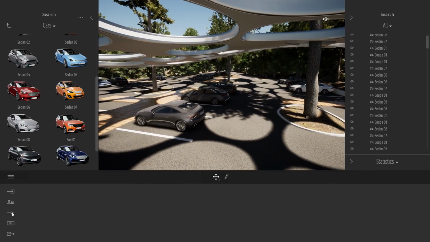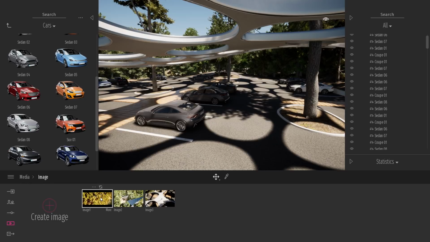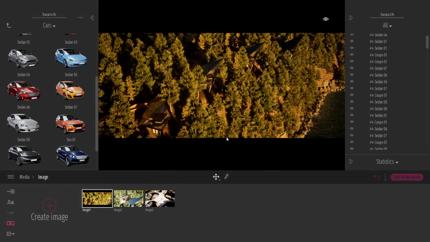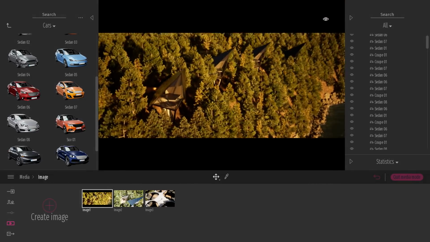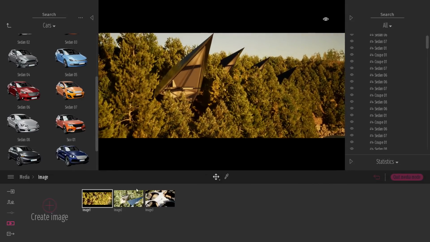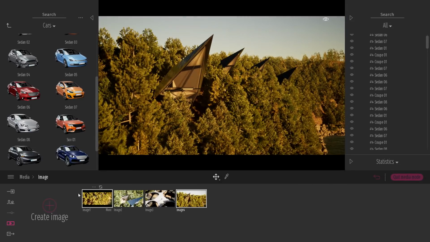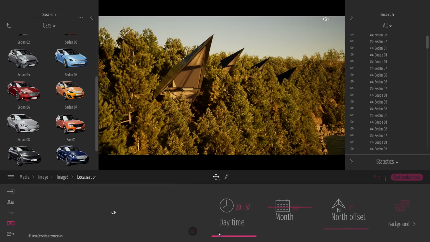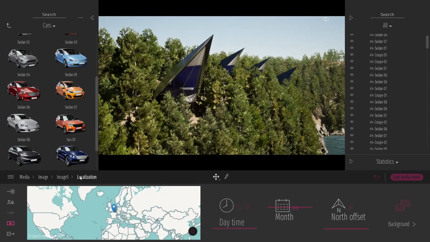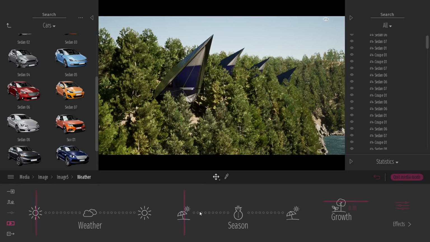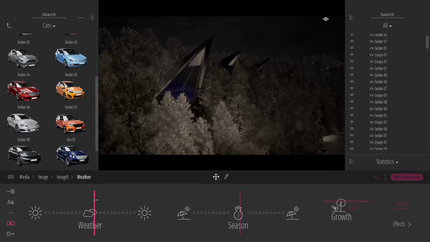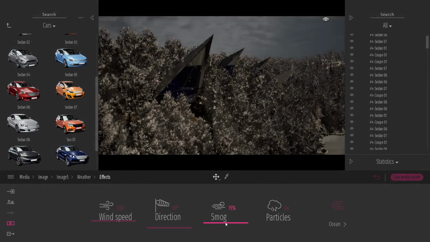So back to my images. Twinmotion was really designed to be used as a quick prototyping tool. So what I would like to do here is create a new point of view. I will actually create the same point of view three times, and I want to create three totally different ambiances. First one will be this nice sunset. Second one, we can come back earlier in the day. We can change the seasons, switch to winter. We can have some snow falling, and we can raise the fog.